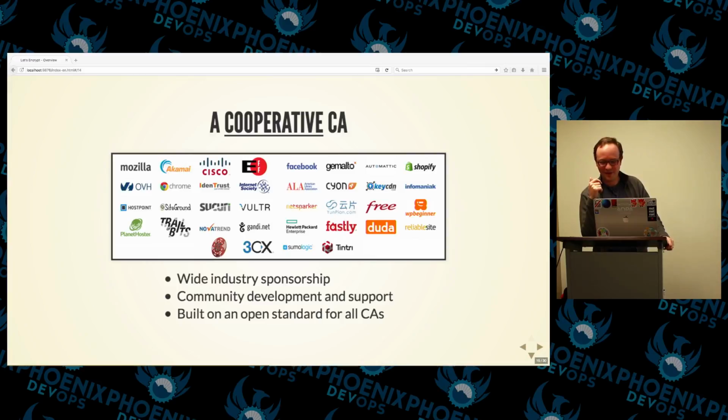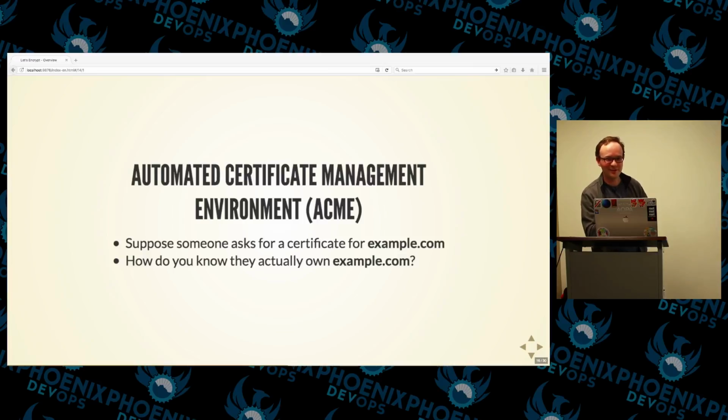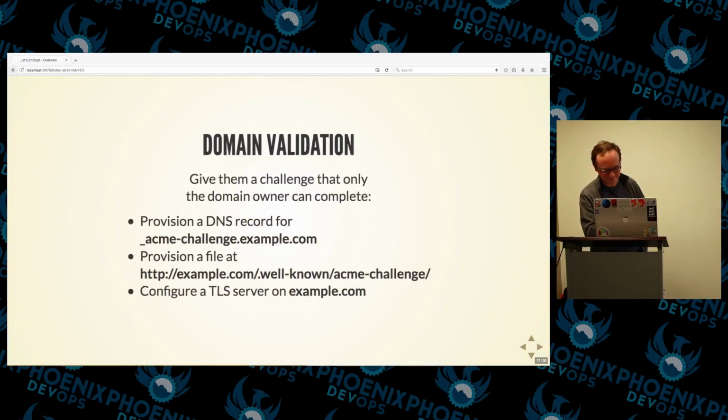It's about the automation. It's about this technology that we built, this standard that we built, and are demoing with Let's Encrypt. It's called ACME, the automated certificate management environment. It's kind of simple on the face of it. The main thing that certificate authorities are trying to figure out is whether you, the person trying to give them money, control the domain that you are requesting a certificate for. And this is highly automatable, but nobody had the desire to do that before.